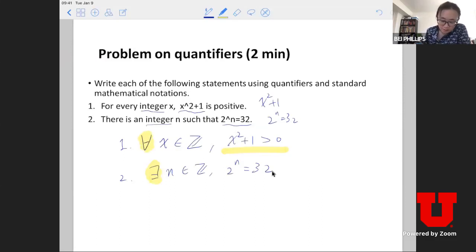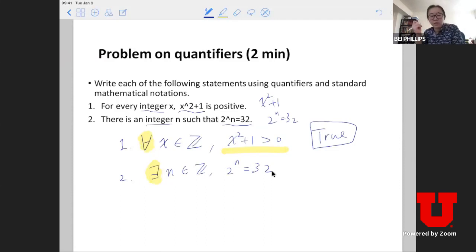So now, when we have made those statements, one of the questions is, are those statements true or false, right? Let's look at the first statement: for all x that is an integer, x squared plus 1 is positive, bigger than 0. Is this true or false? Do we have a guess? You can type or you can raise your hand and unmute yourself. Okay, in the chat, I'm seeing a lot of trues.